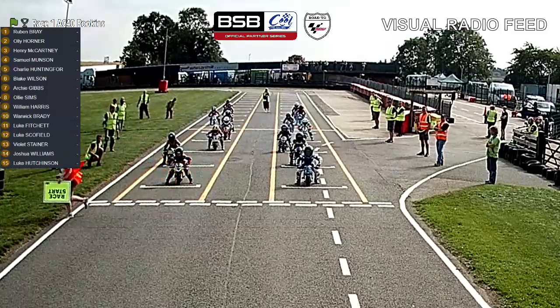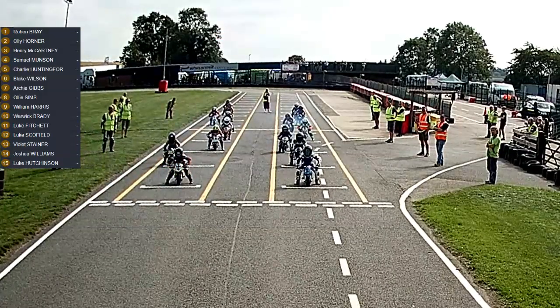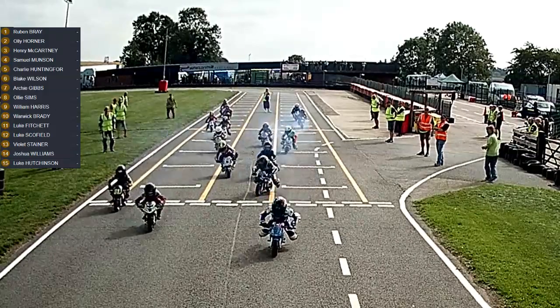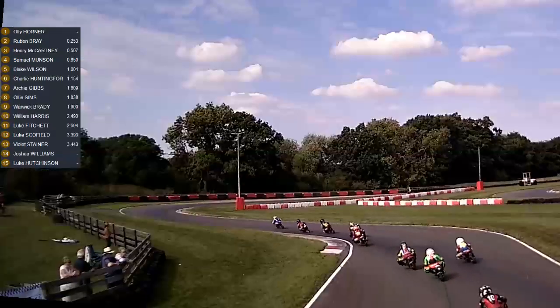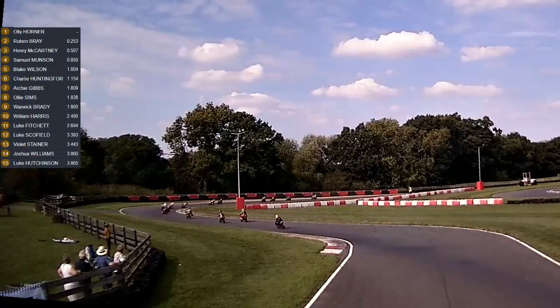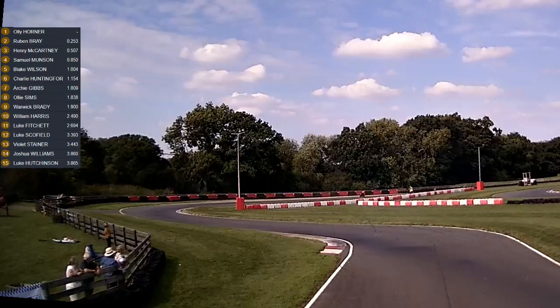But the riders look towards the start line. The red lights ablaze. They're on now. It's a long enough hold, but they all get underway now. A good start for the number 31 of Henry McCartney, riding into 3rd place immediately into this race. But Ollie Horner and Ruben Bray from the first row of the grid have got away. They've all got away cleanly, so as they make their way up towards turns 3 and 4 for the first time,